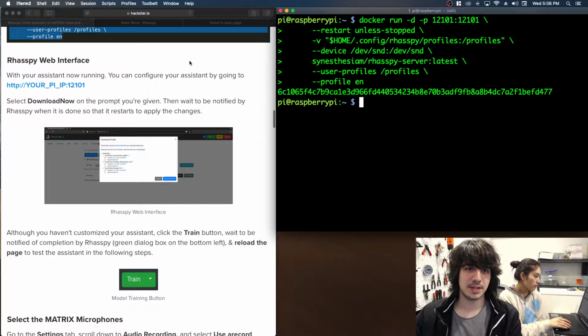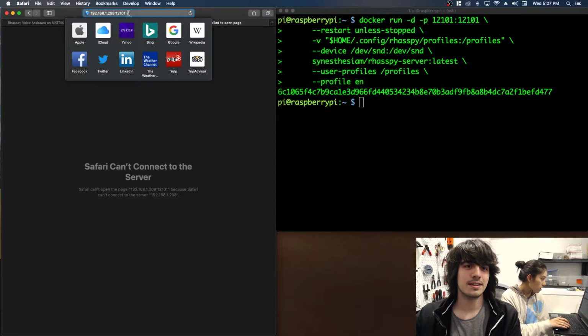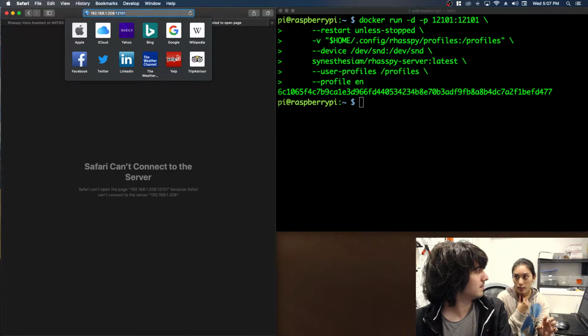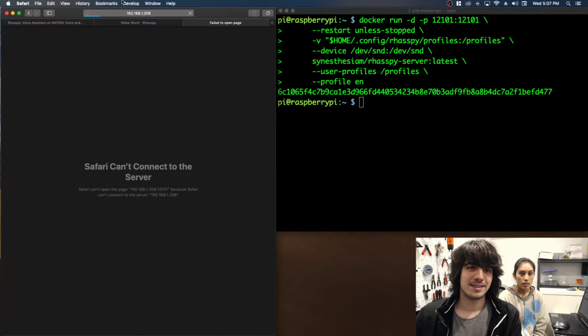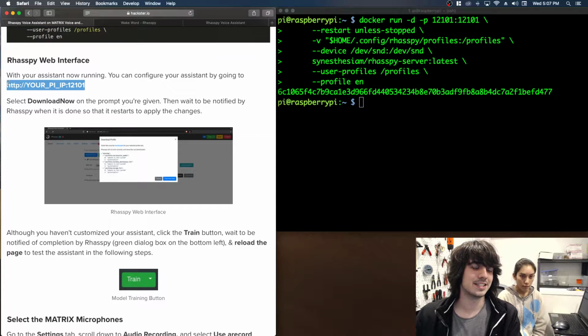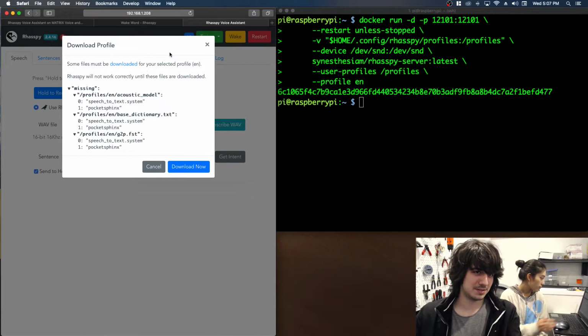Assuming your computer and your Pi are on the same Wi-Fi, all you have to do to access it is open a browser tab. It'll basically be your Raspberry Pi's IP address, and the port is 121.0.1. Yeah, and this is listed in the guide as well. Actually, I can just point it out right over here. So, HTTP, your Pi IP, port 121.0.1. Once you're there, you'll be shown the Raspy